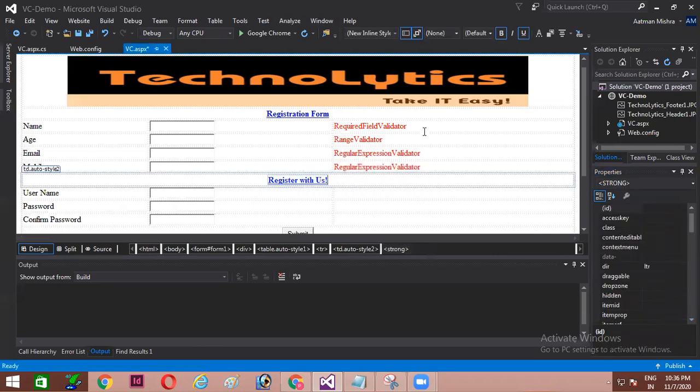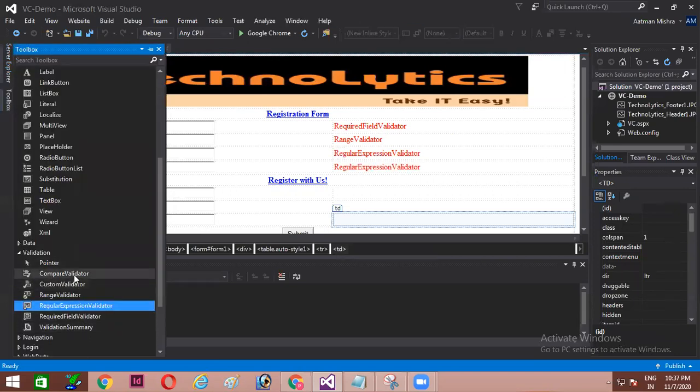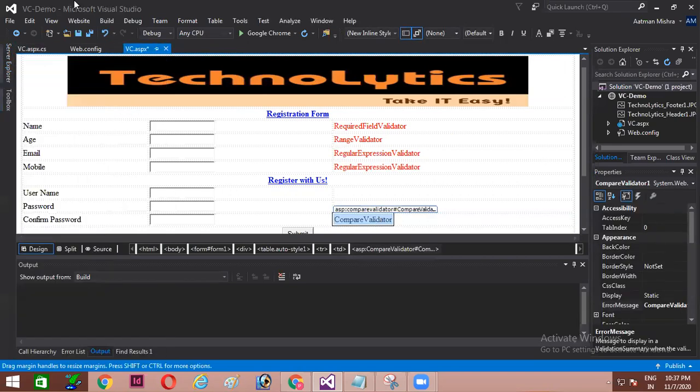Okay, fine. So that's it. So up till now we have used required field, range validator, regular expression. Fine. So here I'll be using compare validator for password and confirm password. So compare validator is over here. I'll just make the necessary simple changes.